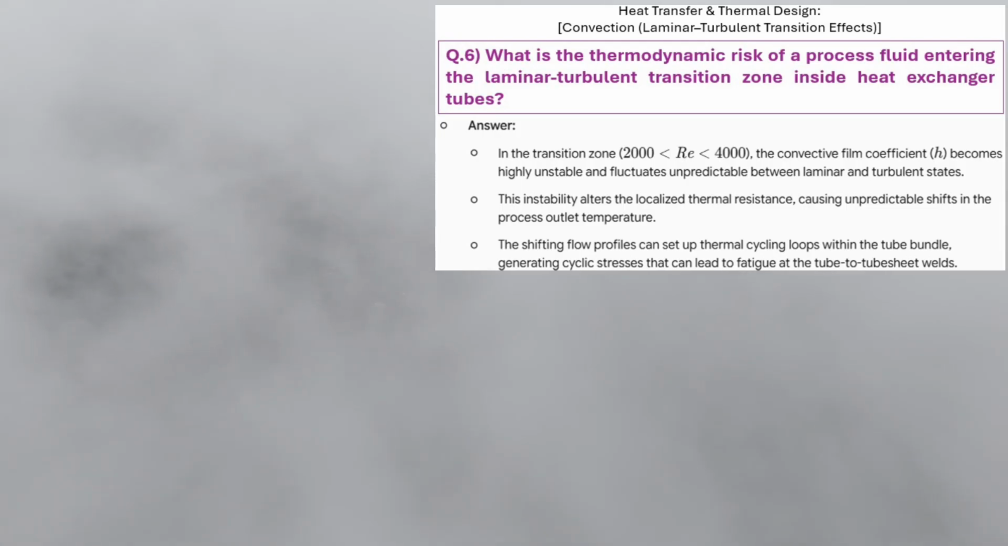The shifting flow profiles set up highly localized, transient thermal cycling loops in the steel. Because the heat transfer is spiking and crashing irregularly across different sections of the same tube, the metal expands and contracts at differing microscopic rates, generating massive cyclic shear stresses. Yes, these stresses invariably propagate to the weakest structural points, leading directly to metal fatigue, specifically targeting tube-to-tube sheet welds